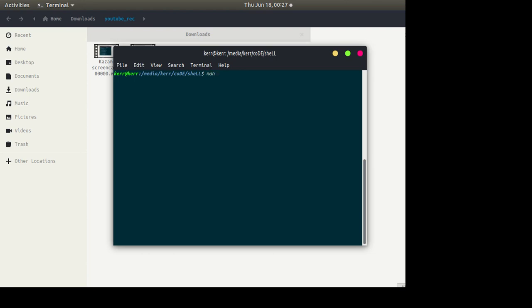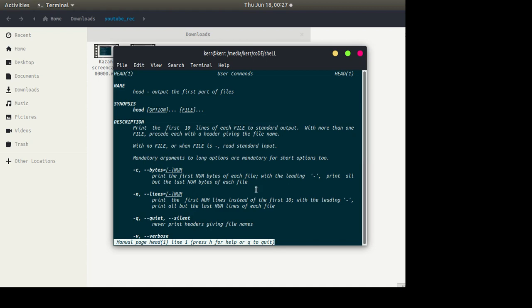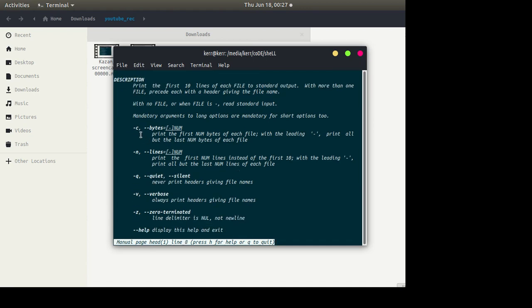Let's go to the man page of the head command. It says output the first part of files, and there are various other options. By using -c you can see, say, 100 bytes from the beginning of the file.